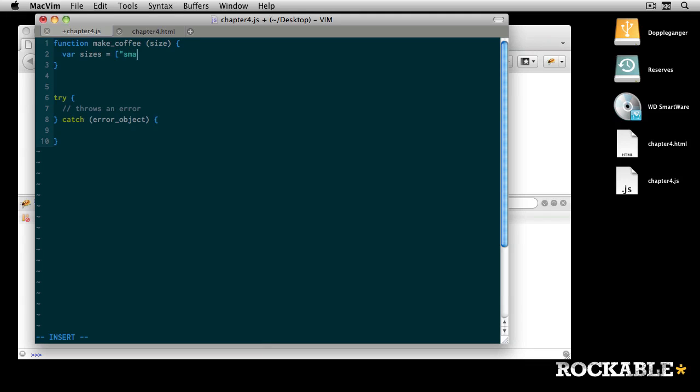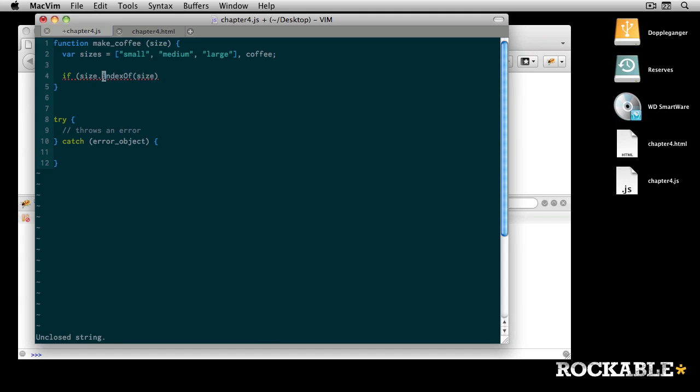We'll just say small, medium, and large. Those are the sizes of coffee we offer. Let's create another variable here that's just called coffee. So if sizes.indexOf(size)